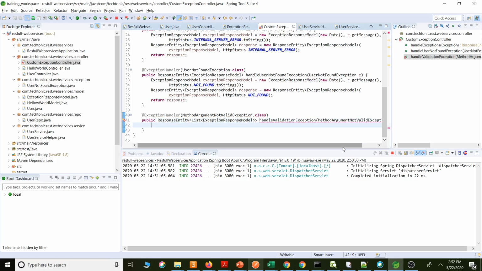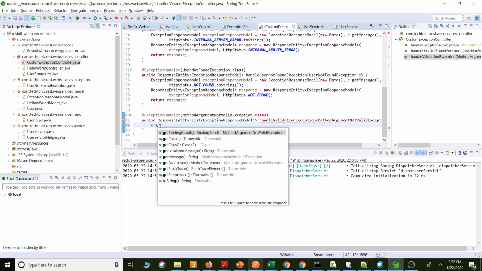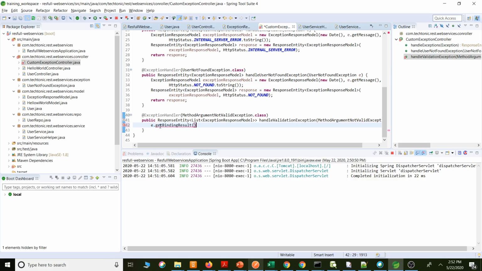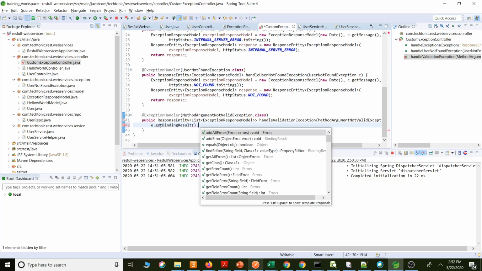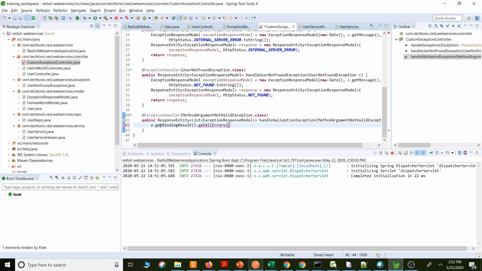Now from this we need to get the messages. ex.getBindingResult(). This is the function. From here we need to get all errors, getAllErrors. Store all the errors in a temporary variable.